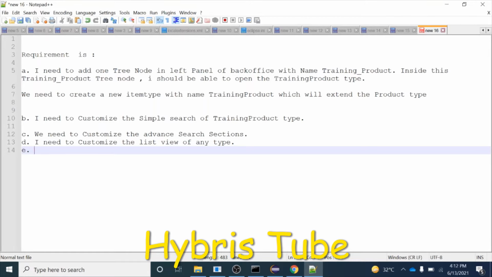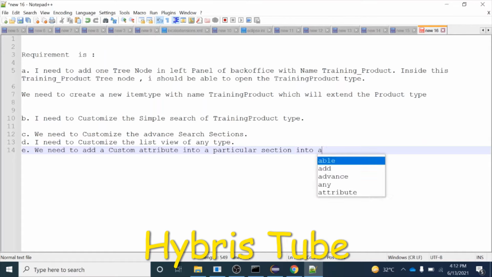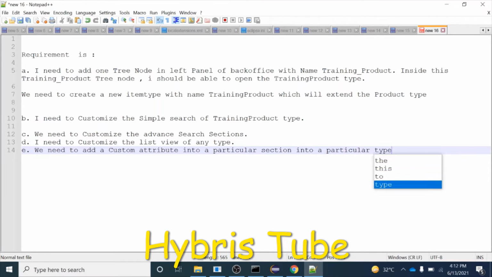So the next thing is we need to add a custom attribute into a particular section, into a particular tab. Guys, we have already learned this portion, portion number E, in our video number 34, but still I will explain this part as well in this video.